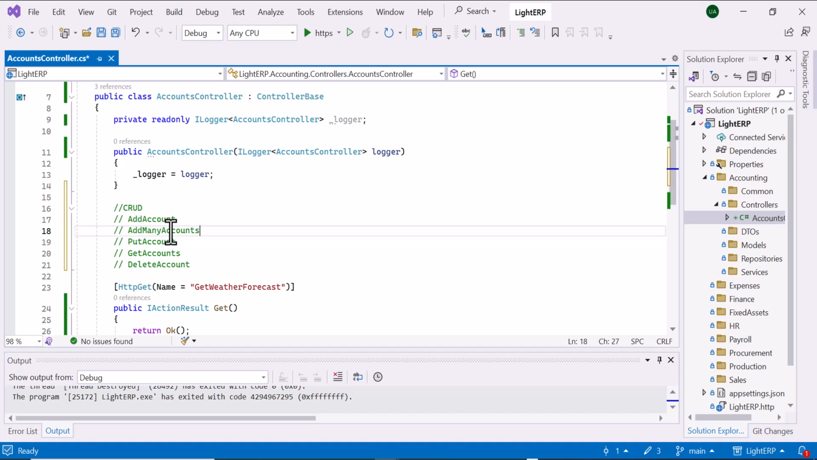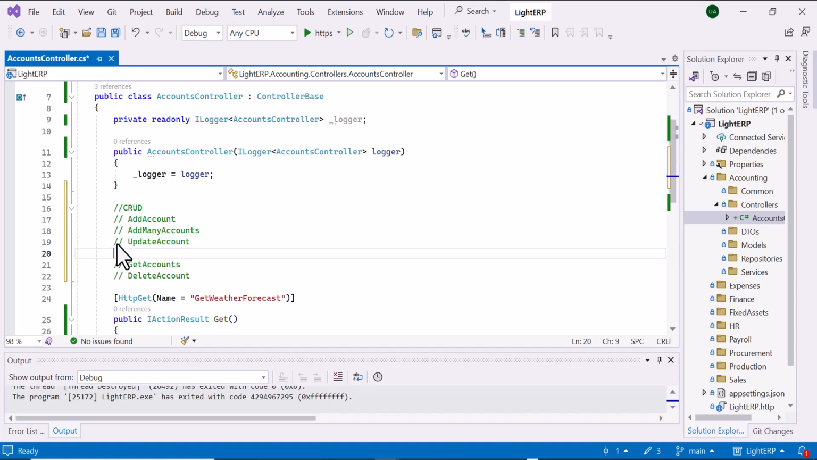So you don't need to add them one by one. You can add them all in one shot. So again, the put account is going to be update account, and we also have update many accounts, and get accounts, get all accounts, let's say,